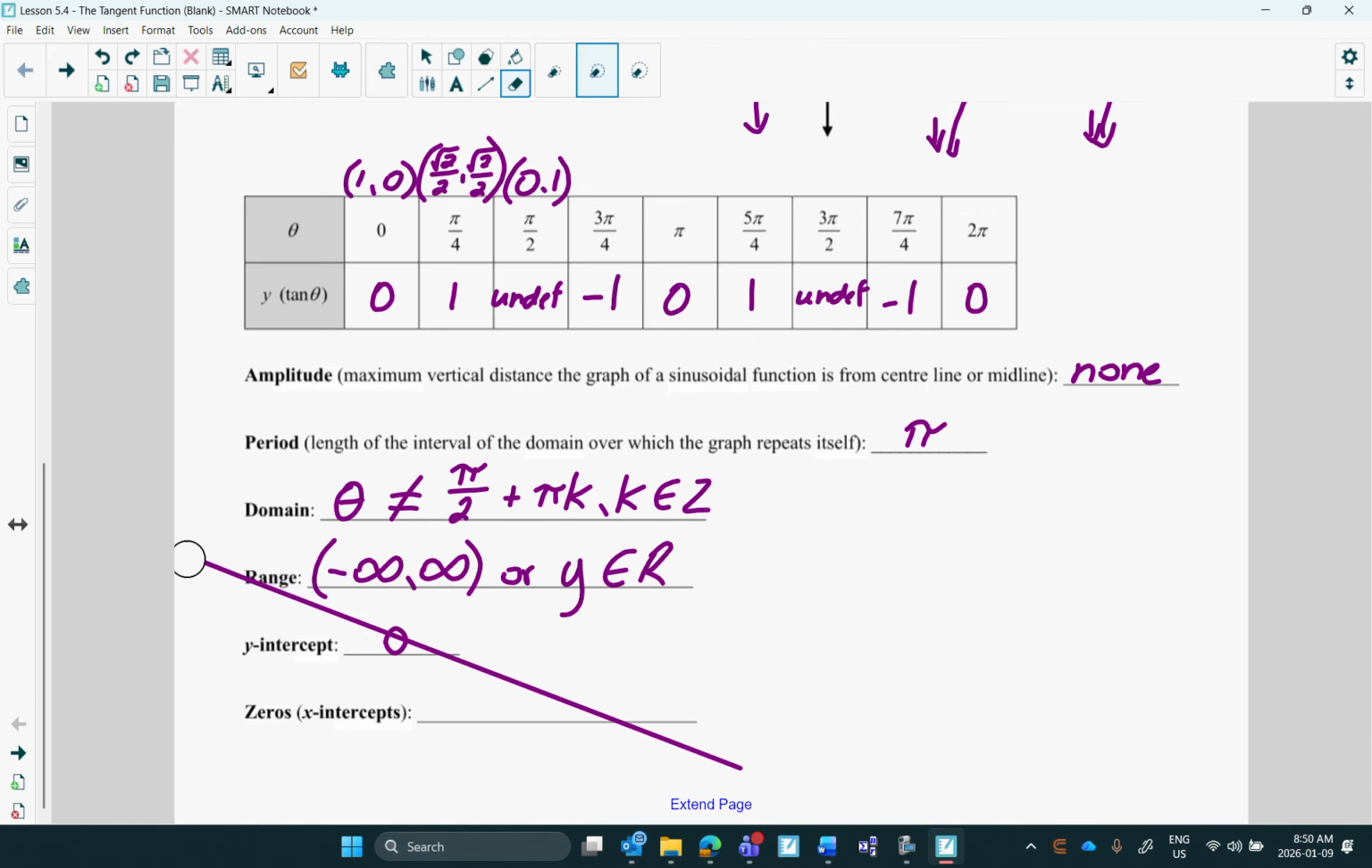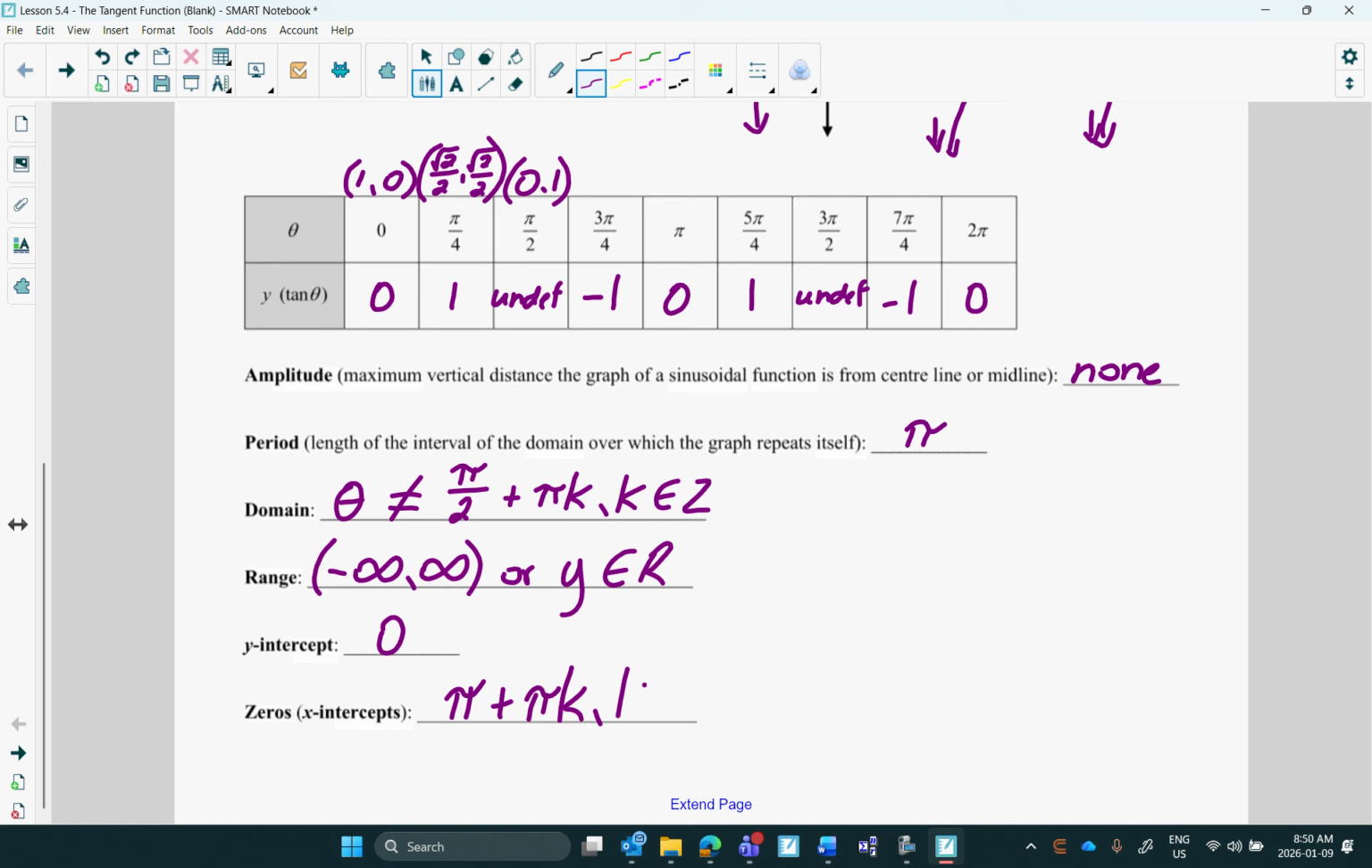So the zeros are going to be every pi plus pi k. Or I could have done 0 plus pi k. That would work too. Either one would work. Okay. So that's everything you need to know about tan. Okay. And like I said, that's